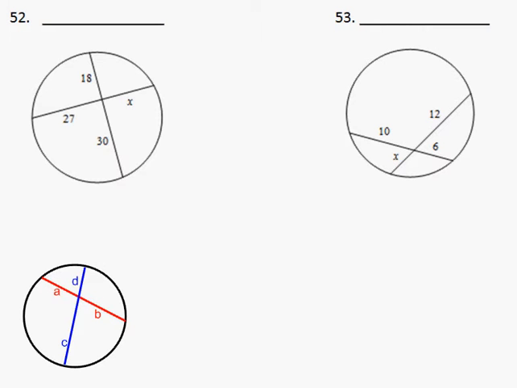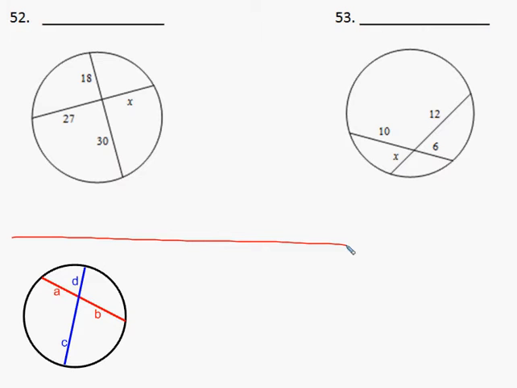These last four questions have to do with segments within circles. The first type that you'll see is when you have two chords. So we're going to look down at the bottom here first. These two chords intersect, and when they intersect inside the circle, all we have to do here is